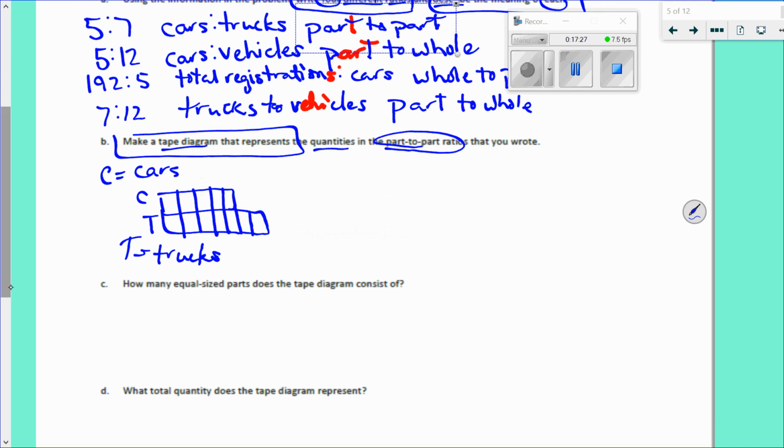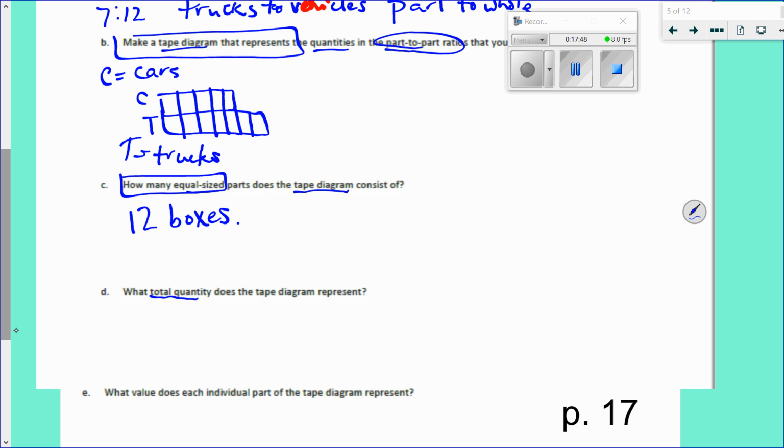How many equal-sized parts does the tape diagram consist of? So in other words, how many boxes are there if I count all the boxes in my tape diagram? Okay? Good. 12 boxes. What total quantity does the tape diagram represent? So in other words, that 12 boxes is what? 12 vehicles, okay? 12 vehicles,